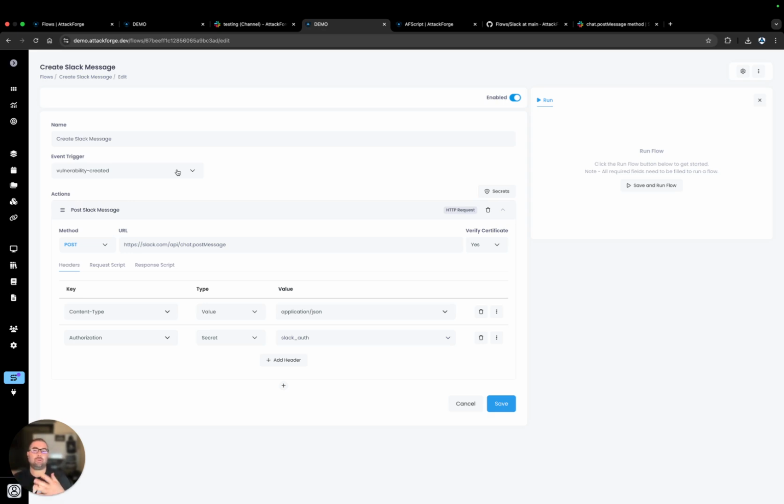Then your starting point might be a different type of event, whether it's vulnerability updated or project updated or other. But in this example, we're doing it based on when the vulnerability got created. So there's only one action, post Slack message, and we'll see here that it's a post request to this particular